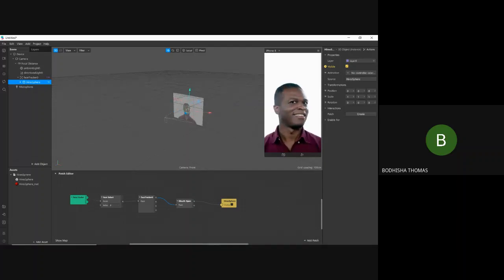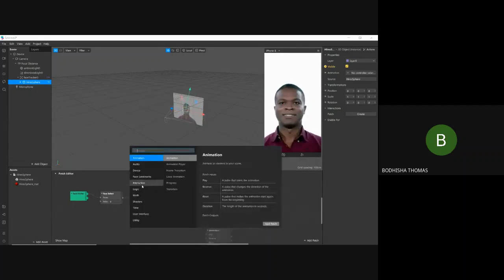So now what you will see is, the sphere is not visible, but when his mouth opens, it becomes visible. So that is this patch. Whenever his mouth opens, this sphere will become visible.